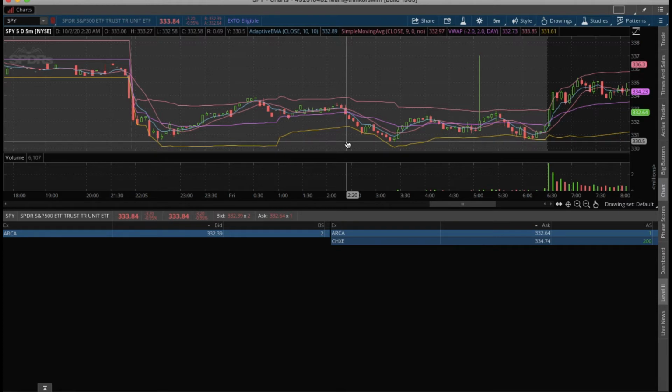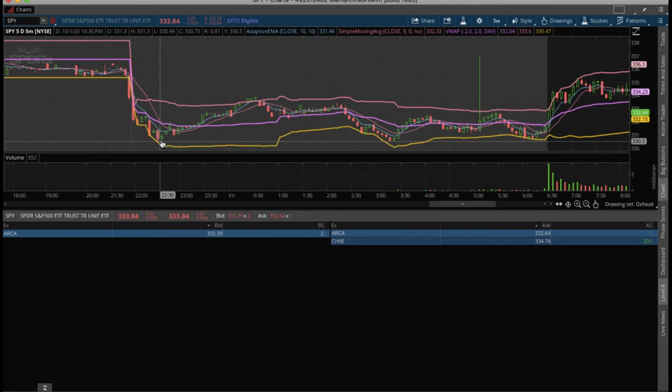This is a bit of a double bottom. SPY does double bottoms quite often. This would be an ideal entry for a call position. So you'd want to enter when it's testing this 330 level, and you can tell that it's 330 because if you take your mouse and go all the way to the right, that gray number on Thinkorswim tells you the price where your mouse is resting. Okay, so entering at 330, and then you could have ridden it up to 332,